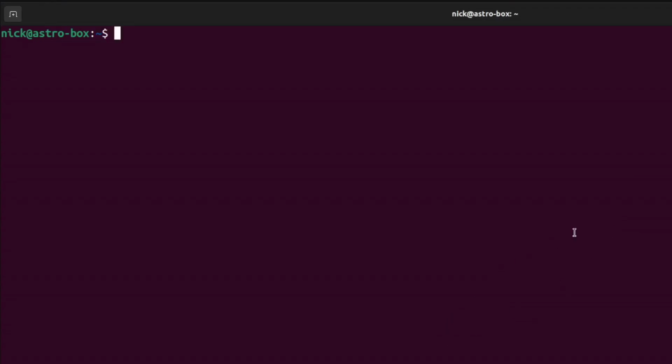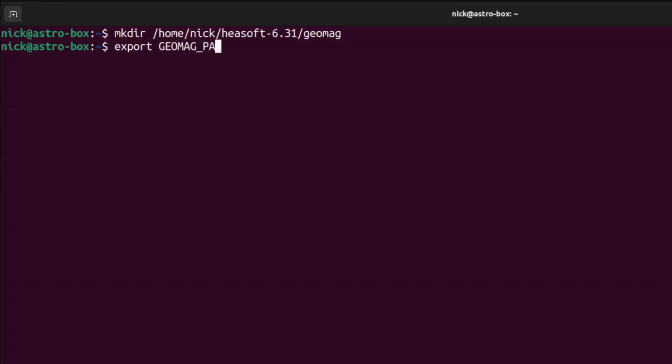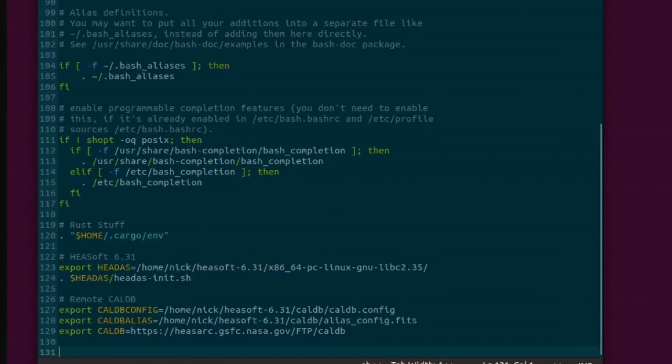So to work with the geomagnetic quantities, we're going to need to set up a GeoMag path. What you can see I'm doing here is making a directory called GeoMag within my HEASoft 6.31 directory, and that's where all of the geomagnetic quantities, or the geomagnetic data, is going to be stored. In reality, you can make this anything you want, but I think a dedicated GeoMag path in the HEASoft directory is appropriate. Then we are just exporting this GeoMag path. It's GEOMAG_PATH in all caps, and that's the path to that geomagnetic directory I just created. Then we're just going to add that to our bashrc,